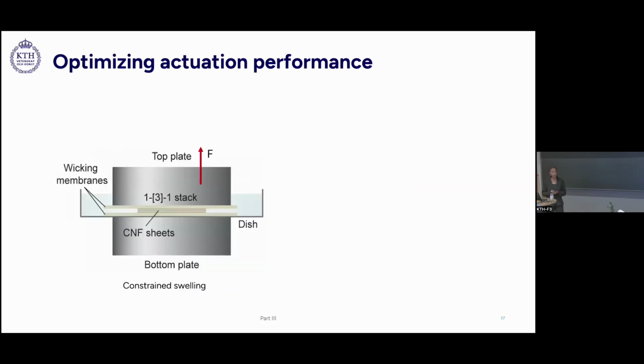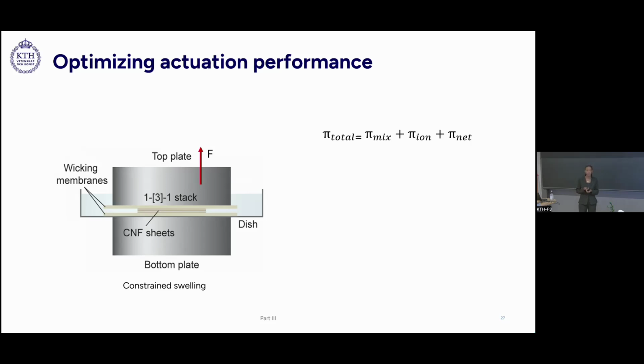So we wanted to explore the actuation performance of CNF sheets by optimizing the fibril network relationship. And as the sheets are allowed to swell under constraint in such a parallel plate setup, they generate a force. And with respect to the area size of the sheets, this is the blocking pressure. So the blocking pressure is the pressure required to almost fully prevent swelling, and this is related to the osmotic swelling. And the buildup of osmotic pressure can be described by several terms.